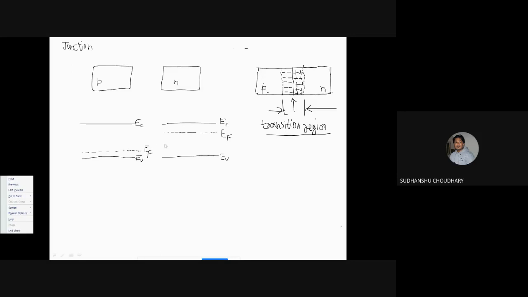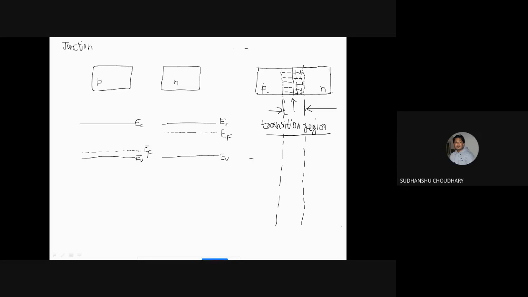And here we see that there is this much difference, right, in the Fermi level. Okay? So obviously, if the Fermi level has to be the same, then that means this portion of the energy band diagram has to come down. The entire thing has to come down, so that the Fermi level is the same. Okay. So let us draw the energy band diagram. Let us again mark these two lines as the transition region.